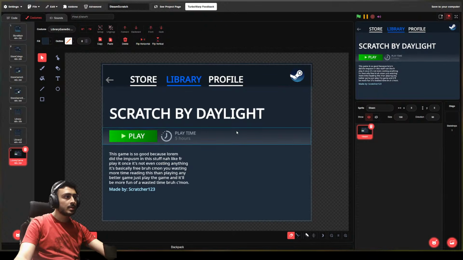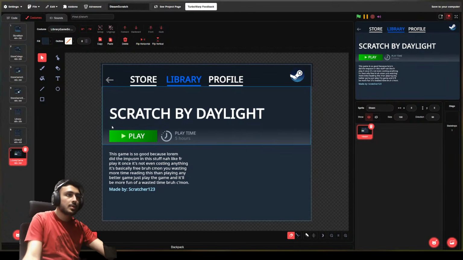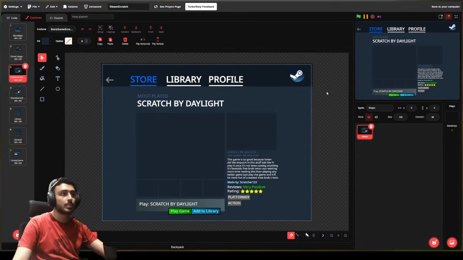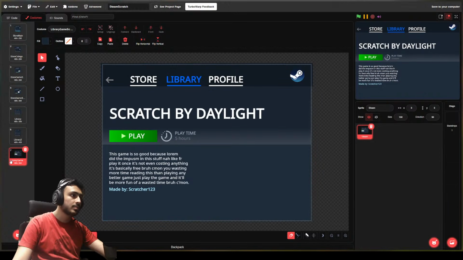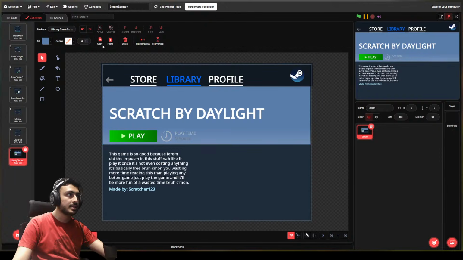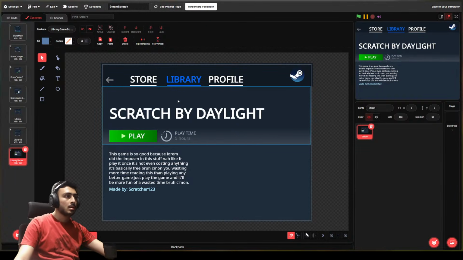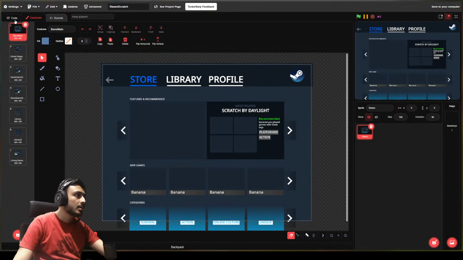Then we have this, a play page. When you open up a game in your library, this should come up with a playtime count. Maybe this might not actually end up in the project, but let's see. I am very confused whether I should even make this or just redirect every time to this page. I'm not sure. Whatever works out, works out. We'll also have a photo of the game here, in this area, if you can see. That would also be really cool, but I'll have to make it for every game. So yeah, let's see.